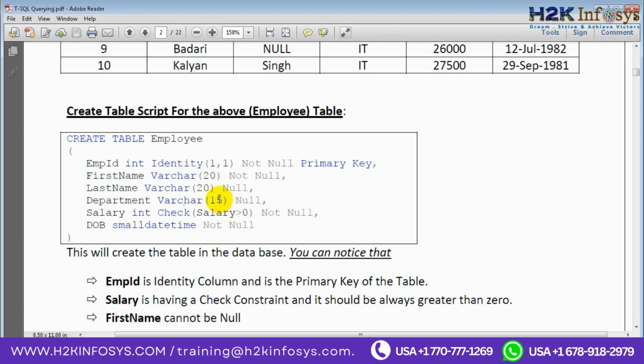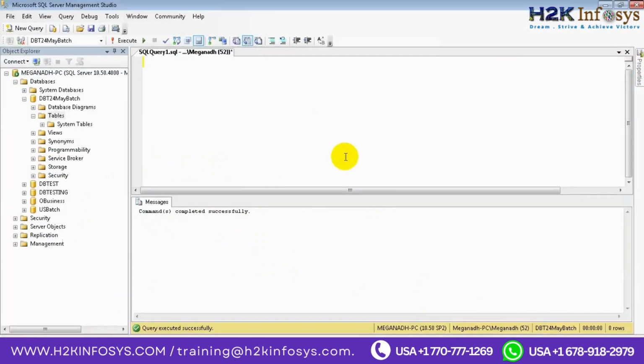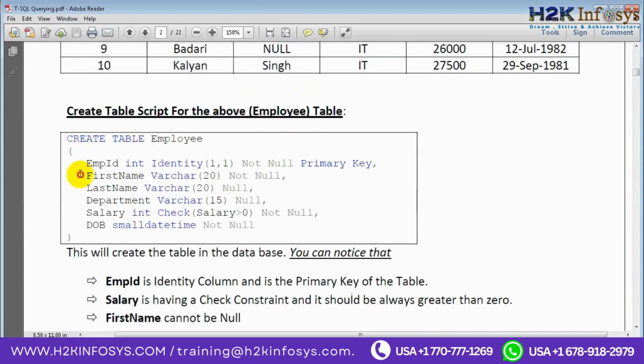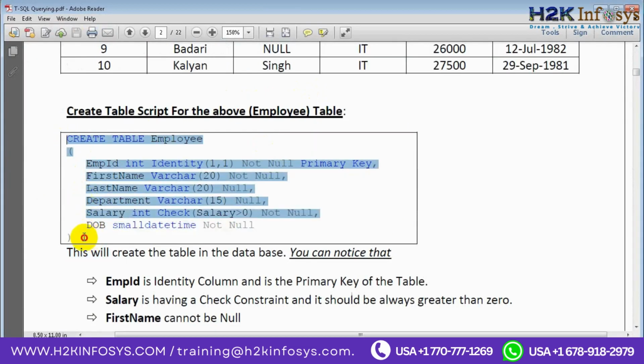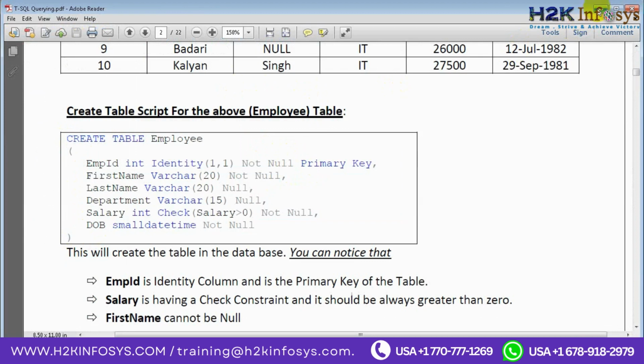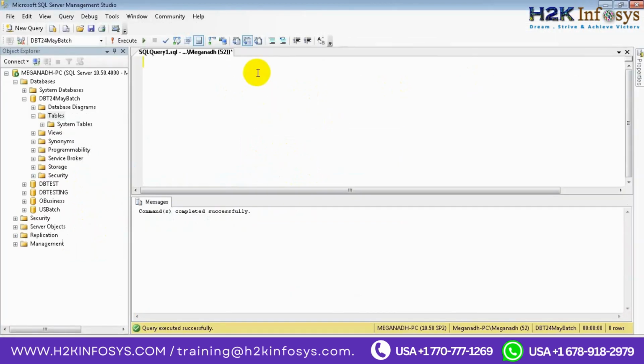Okay, now let me open SQL server, and now we will try to create table. So I'll be using this code. I'll select all this and right click on this. Or before that, I want to explain you identity column. So let me not use this now. Let me create a table now. So create table employee. I'm going to create my own table now. I'm giving here employee ID integer,